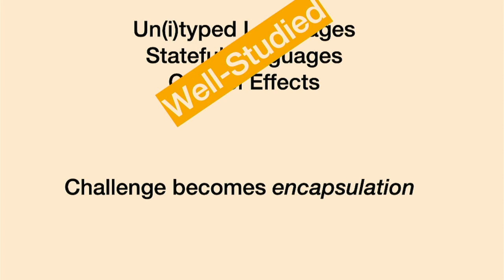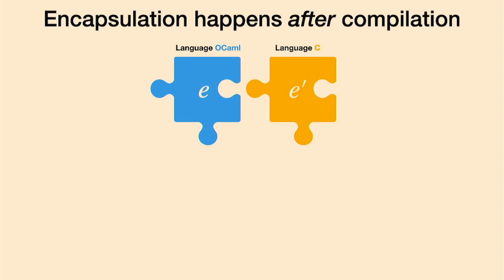And so one observation that drives a lot of this, or maybe how we started making sense of some of it, is that encapsulation, or really that interoperability, happens after some kind of compilation, typically. Okay, and there are ways that this gets more complicated. But basically, if you take a language like OCaml, and I don't mean to pick on OCaml, it's just an example, and C, which I will pick on, there is no OCaml interpreter and C interpreter that model the operational semantics of these two languages where you bounce between those when you're making foreign calls. It doesn't actually